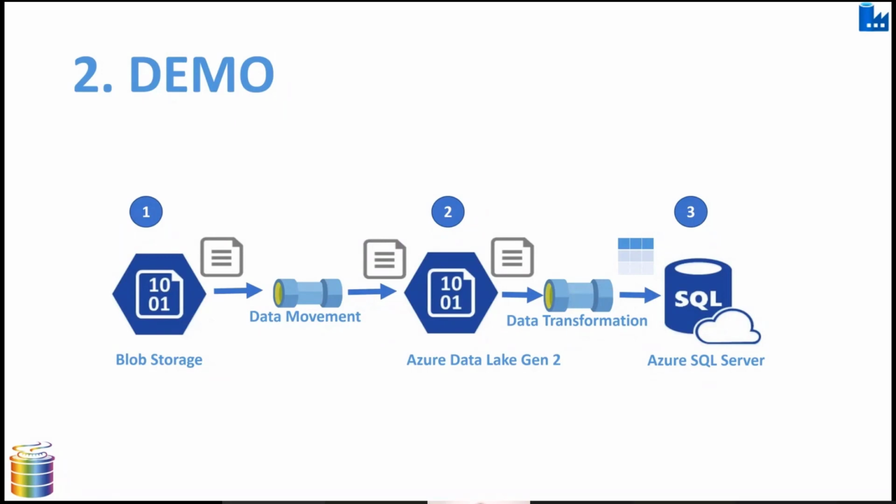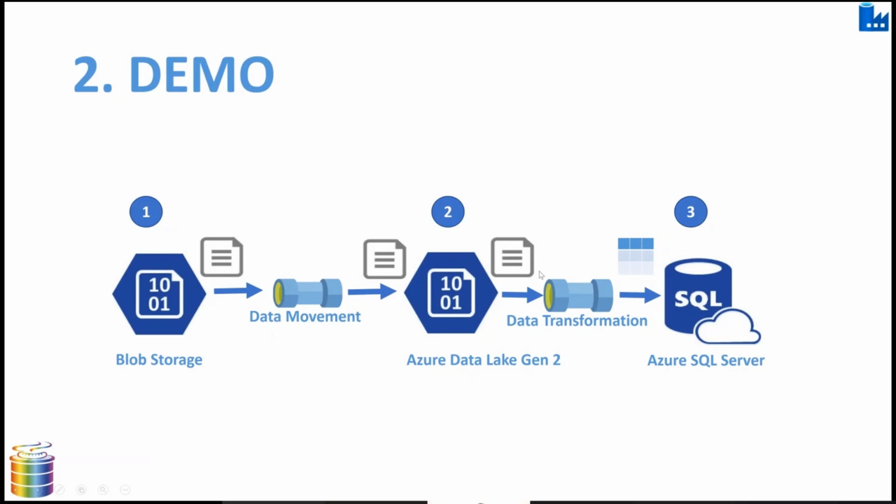This is part 2. In part 2, we are moving data from blob storage to a Data Lake Gen 2 here. I have a source CSV file, which, using the Azure Data Factory data movement module and pipeline, will move from blob storage to a Data Lake Gen 2. And then my next pipeline will run, and it will move that file.